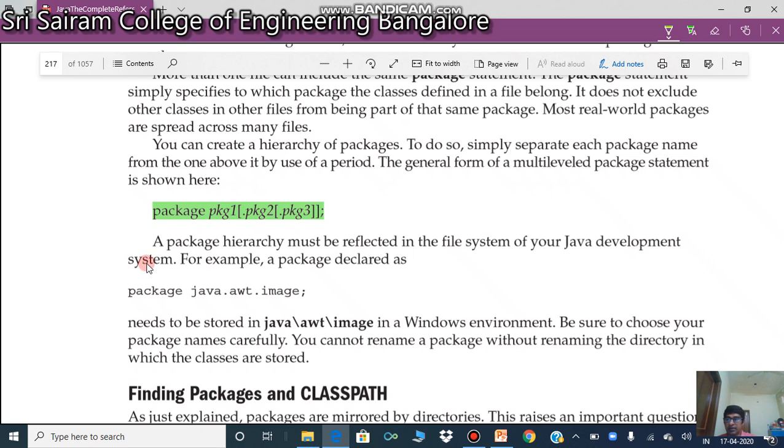So if you look at the next statement, we have java.awt.image. So this is something like the directories in Windows. We have the Java folder. Under this Java, we have AWT. Inside AWT, we have the image folder. So this is the hierarchy.